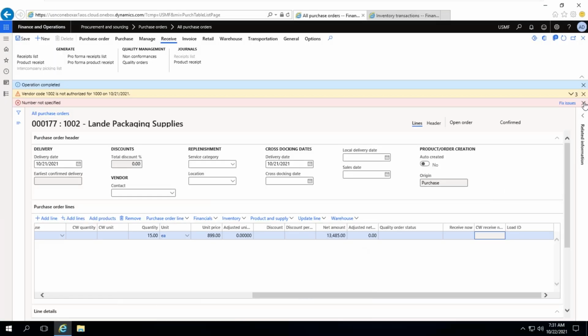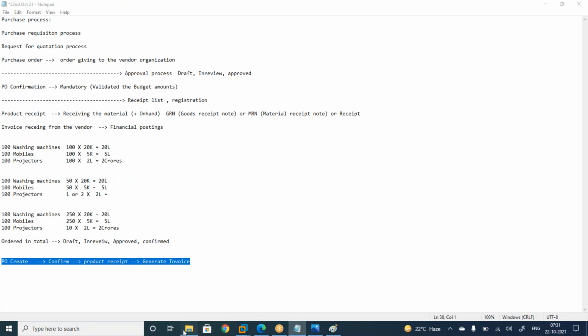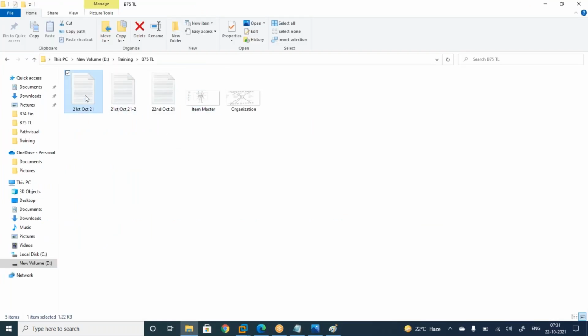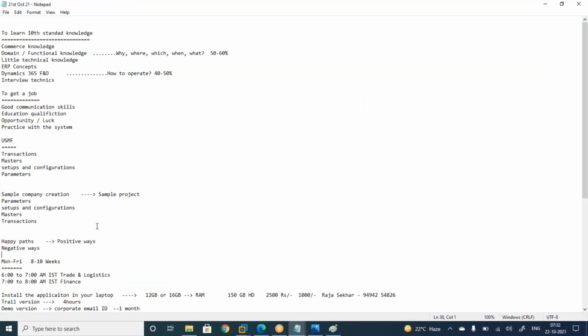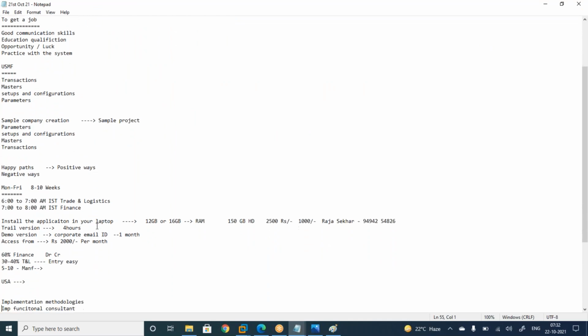Any questions? Satya, now we have understood the transaction, and our part is now we have to configure the setups and parameters to create a purchase order for the client. Am I right? Exactly, you're right. First of all, we have to understand the transaction, that is, we have to feel how the system is behaving. Exactly. So currently I'm focusing on this one. You need to learn this, it is the ultimate goal.